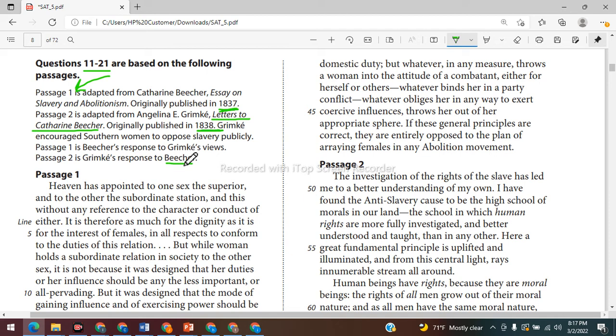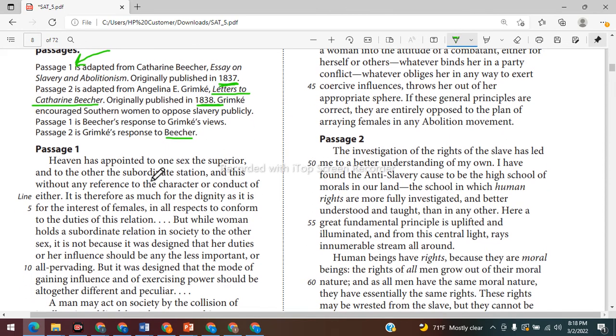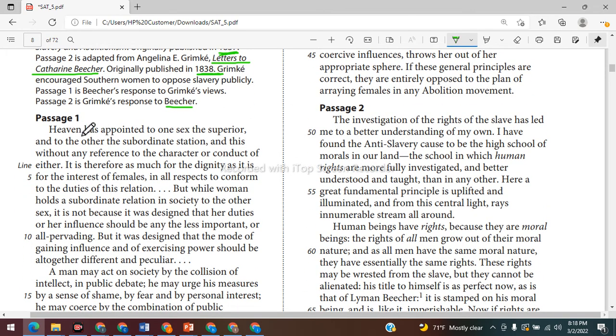Two different views, it seems. I don't know yet. We're going to see if they have the same views or different views. Probably different though, but let's see. The first one is Slavery and Abolitionism, and the second one is Letters to Catherine Beecher. So passage 1 says, heaven has appointed to one sex the superior, and to the other the